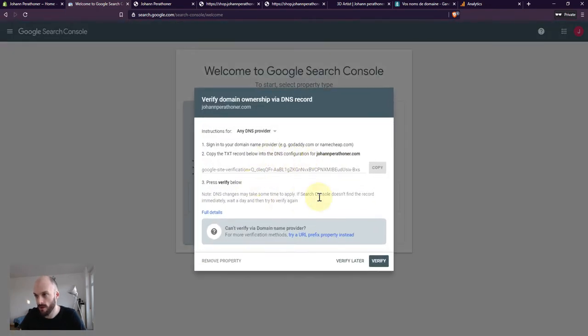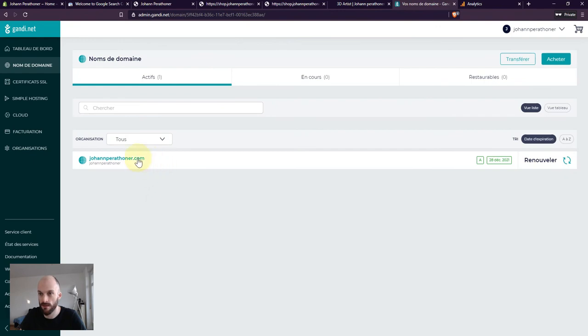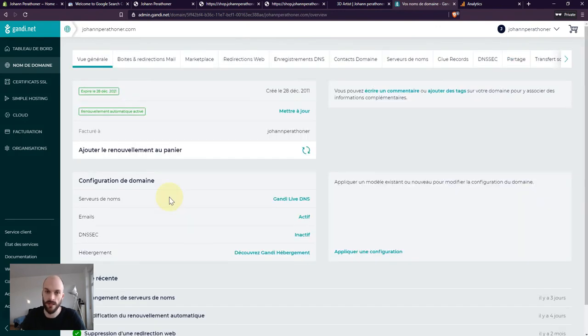Then Google will give you an option to validate the property of your domain name. You will have to enter this TXT record in your DNS provider. With Johan Perratonner's domain name, we are still using Gandi. It's almost exactly the same way to do it with other registrars like GoDaddy, for example.